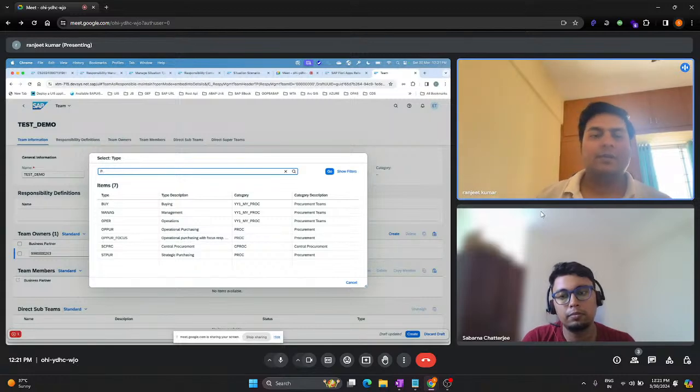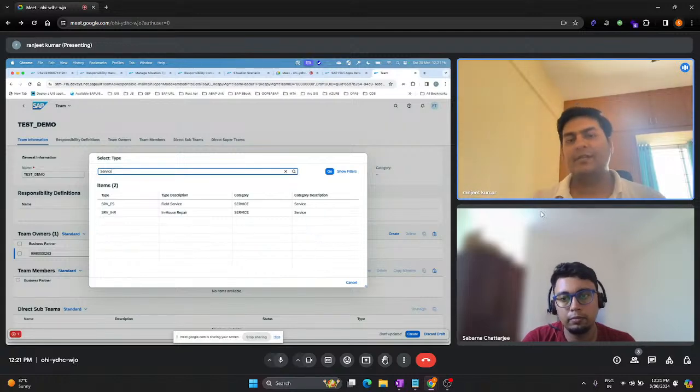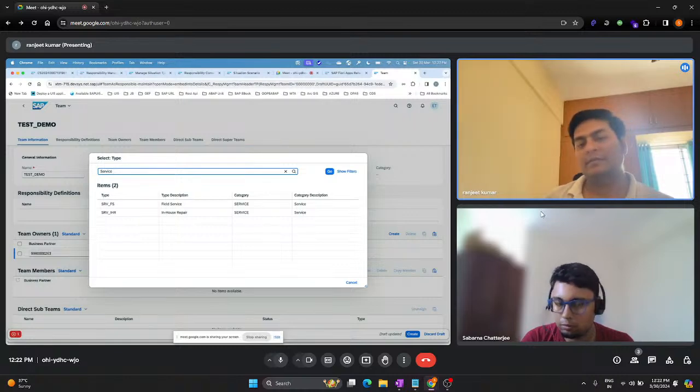If I go here and search for service, services is also a team category with types associated with it. But you may have some XYZ business process and you see that the category is not available and the type is not available for you. Then what can you do? Will it become a bottleneck, so that you can't proceed?